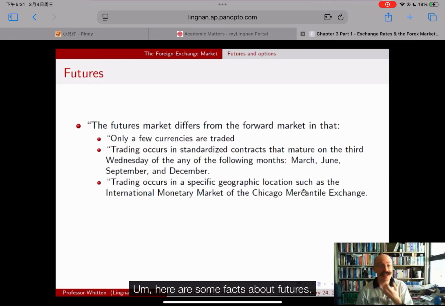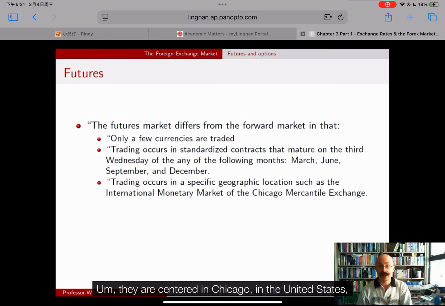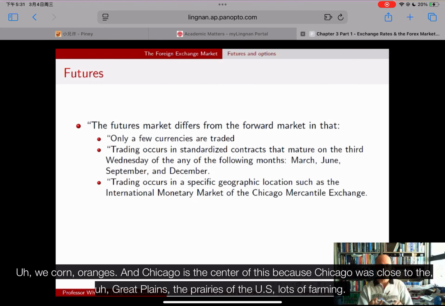Here are some facts about futures. They are centered in Chicago in the United States, in part because Chicago has for a long time been the center of trading agricultural goods in the United States: wheat, corn, oranges. And Chicago is the center of this because Chicago was close to the Great Plains, the prairies of the US,